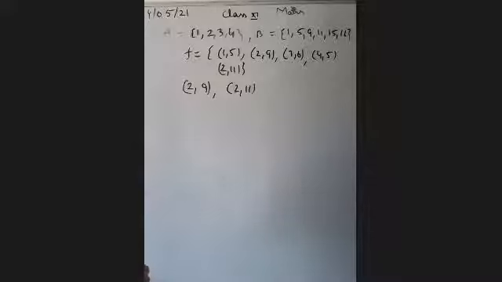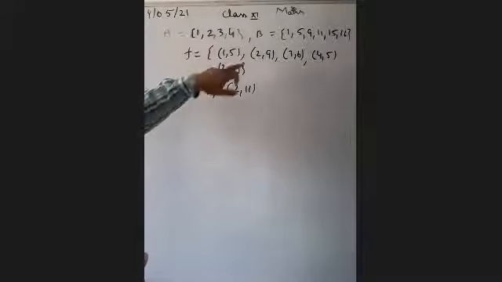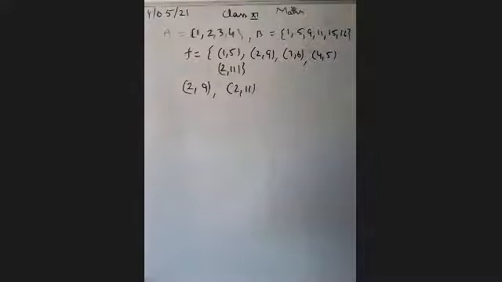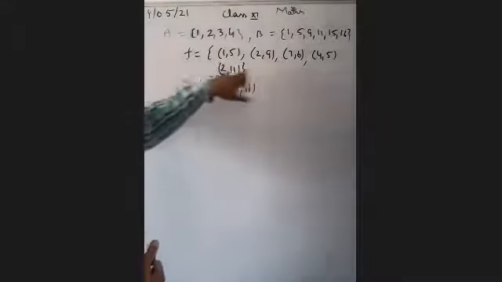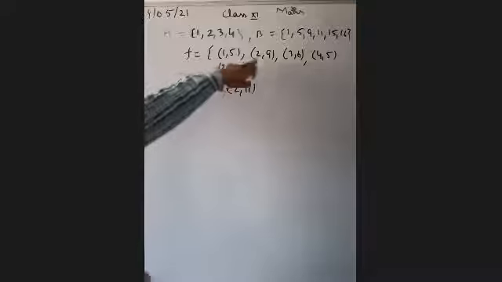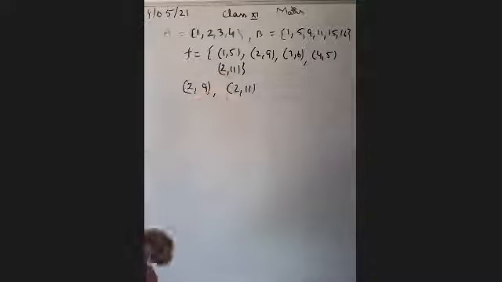Okay. But a function is a rule where every element of set A has a unique image in set B. For (1, 5), (2, 9) and (3, 6), (4, 5), there is no problem, but the problem comes here, (2, 11). 2 is the same element but has different images, so it is not a function. This was the question. It is a very simple question. Okay, now we are taking the next question, question 11.